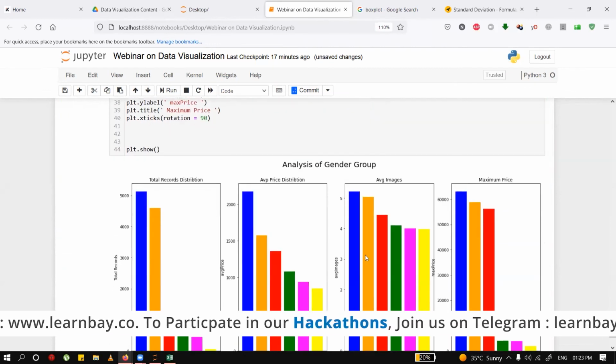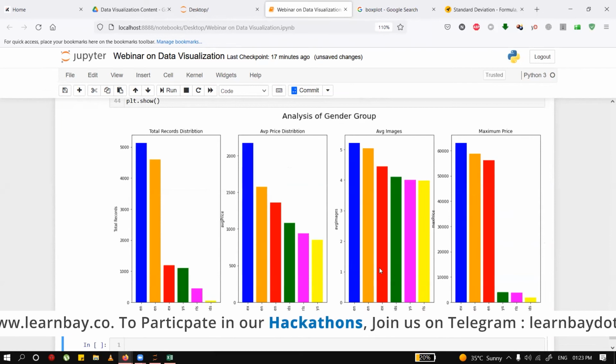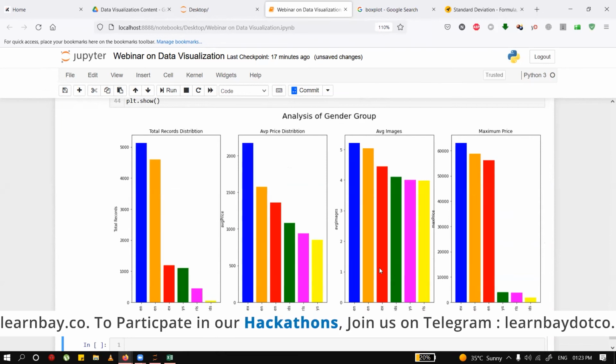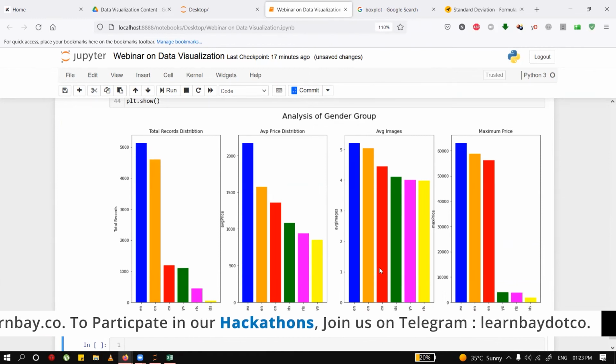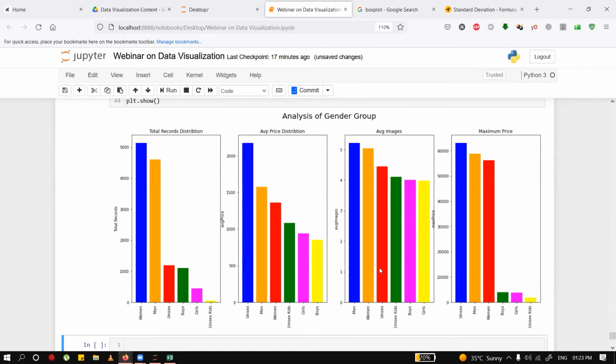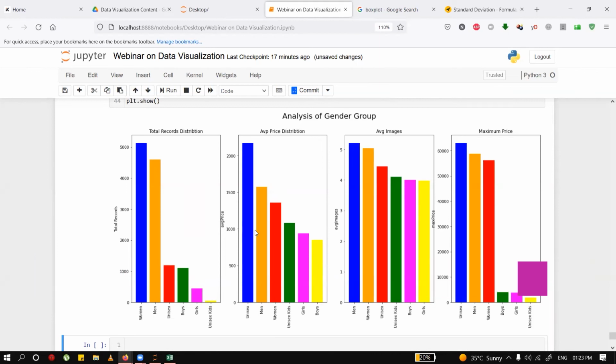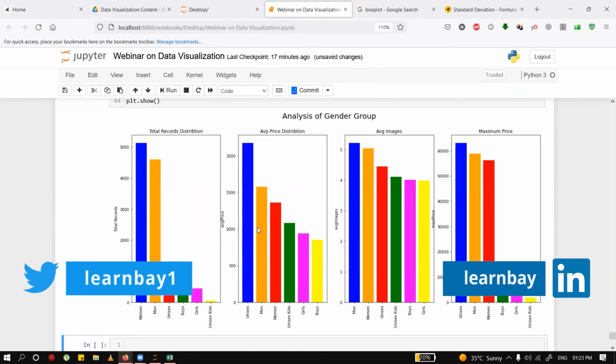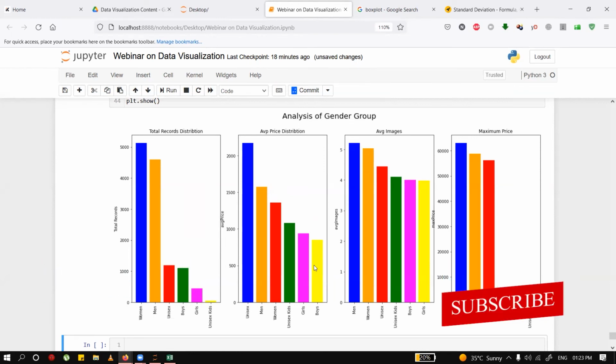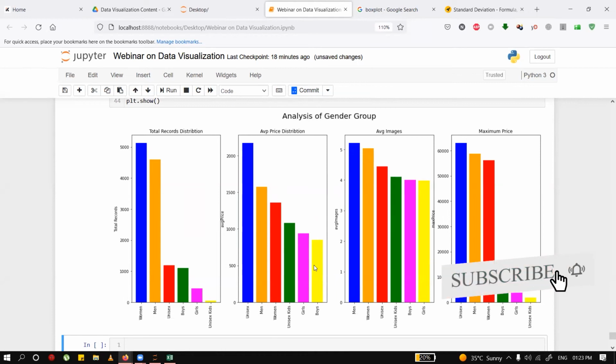And done. So there are 4 chart analyses in front of you for the gender group. I have completed this part, all numerical analysis against the gender. Women had the highest number of records. For average price distribution, unisex has the highest, whereas boys is the minimum. This means average price distribution can have prices low and high, but the number of records is quite low for unisex, whereas the number of records for boys is quite high. Basis on that,